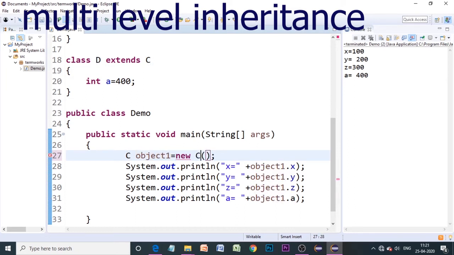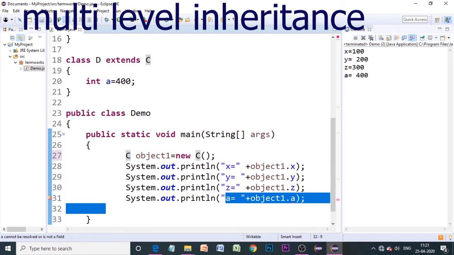So I will remove this and change this, but here you can see that when I am trying to print A, it shows some warning message because this data member A is not there in class C or any of its superclasses. It is there in its subclass, that is in D.